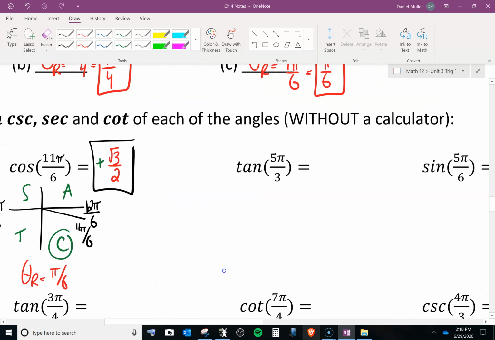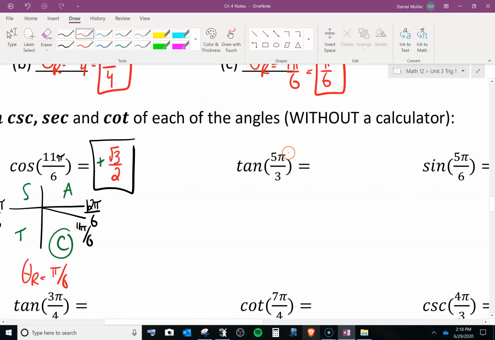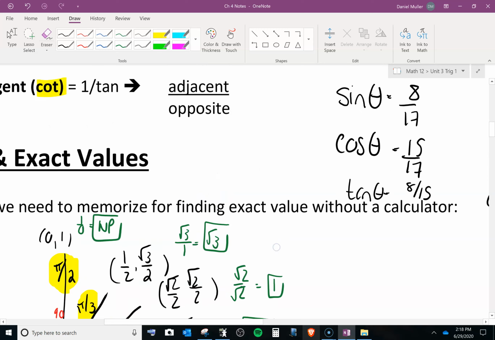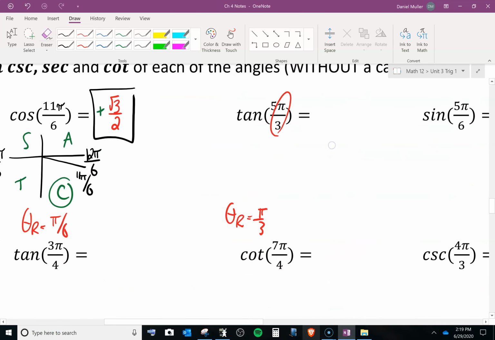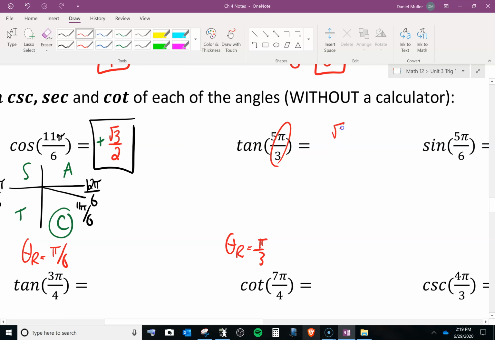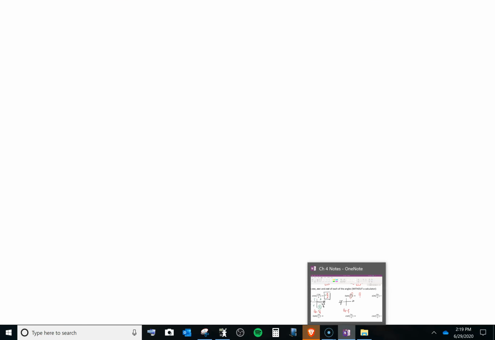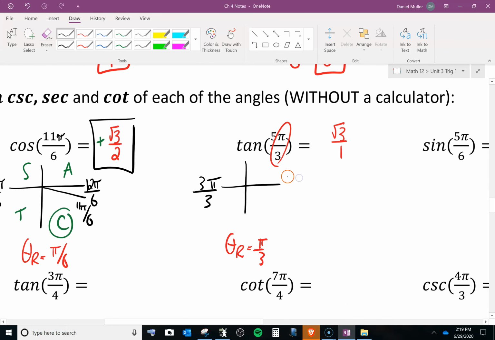Let's keep going here. Pi over 3 will be my reference angle because it's right here. So pi over 3. Tangent of pi over 3, so you can scroll up. So here's pi over 3. Tangent is in green, so it's root 3 over 1. So root 3 over 1, or just root 3. And then I need to know if it's positive or negative. So this is pi, and this is 2 pi. It's in 3's now. So I'm going to go 3 over 3 to get me my pi. And 6 over 3 to get me my